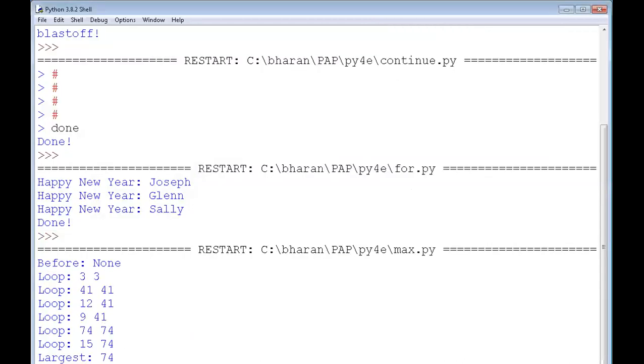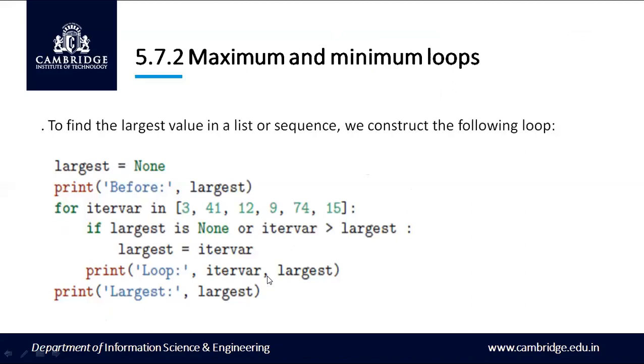You can see here the largest number out of the items in the list is 74. So that is the demonstration of the maximum of the numbers using the for loop.